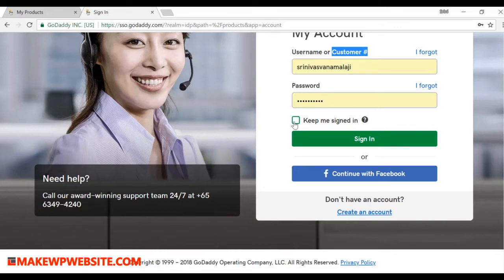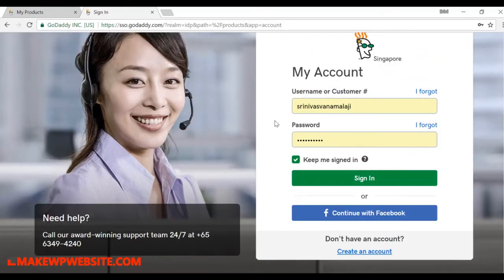Okay, you can see keep me signed in. Because I have activated SMS for each login, when I sign in I should get a verification number on my phone, and when I enter that, I'll be able to log in to my account.